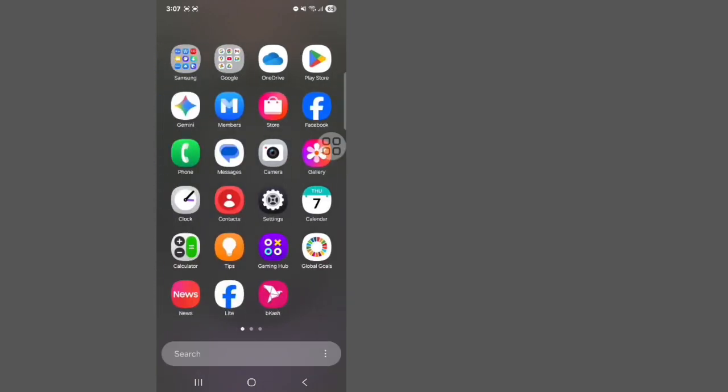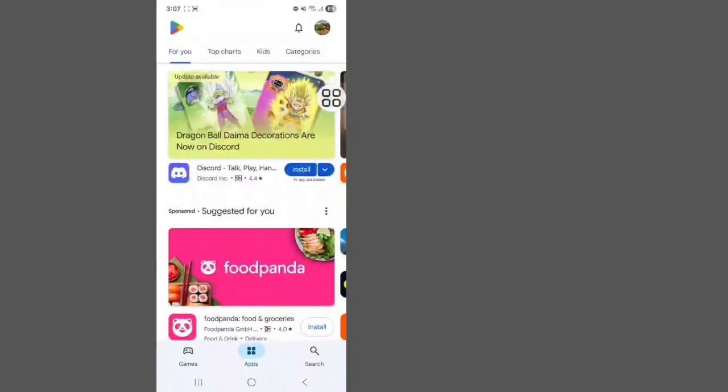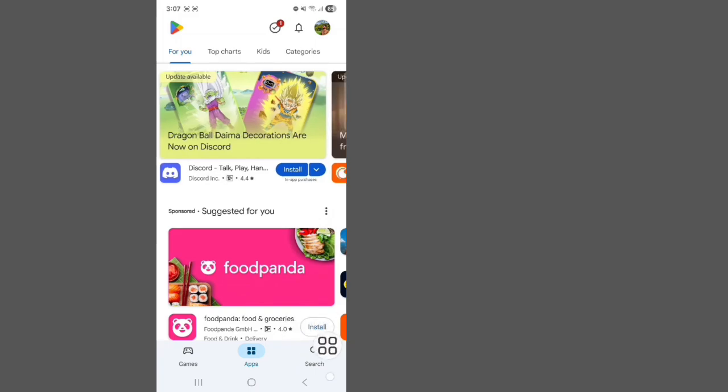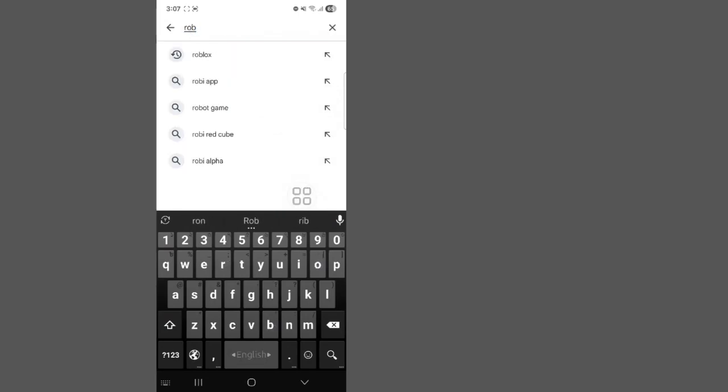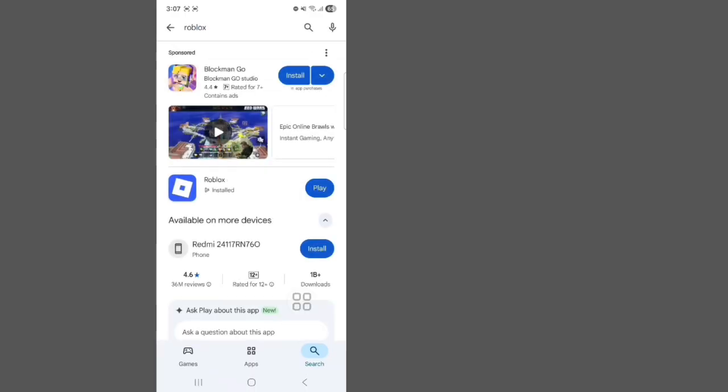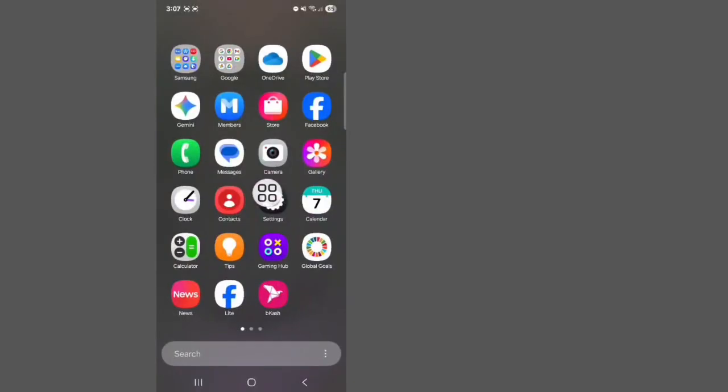Okay, let's get started. First of all, you open Play Store and search here Roblox. Already you can see that your Roblox app is updated. Okay, go back to your home